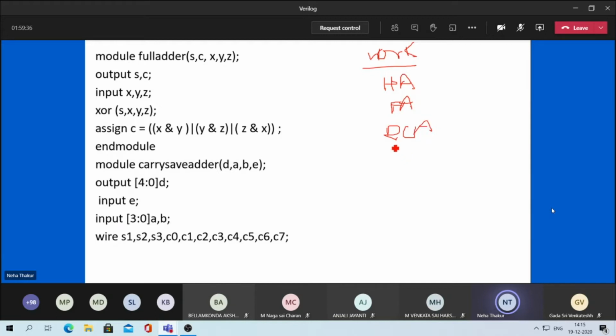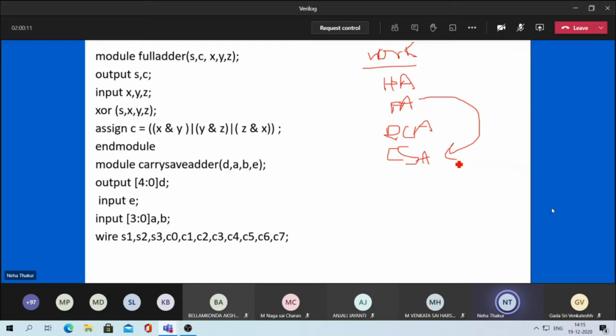Now again we want full adder. This is an advantage when you are writing on your system. In your lab records obviously you have to repeat it again and again, but when you are writing on your system you need not write it again. So much time is saved. You can start straight away with carry save adder. You make one module and then you can call this full adder into it. So this is the advantage when you go step by step. But here, for your theory purpose, you have to write it.